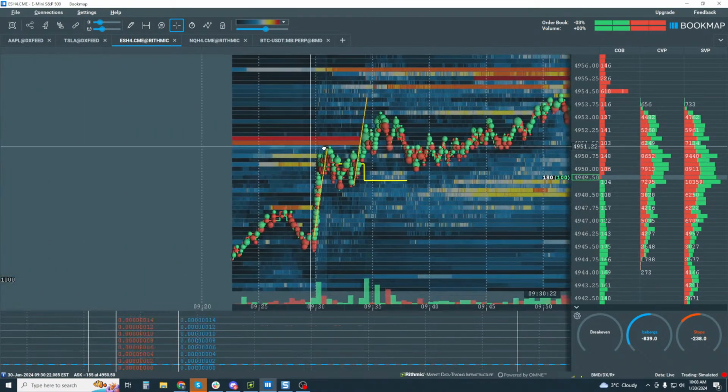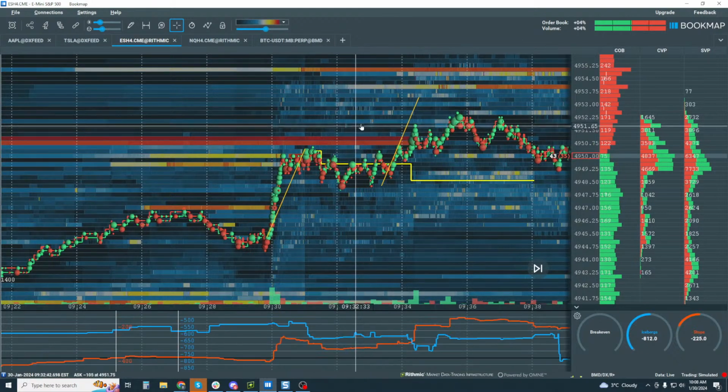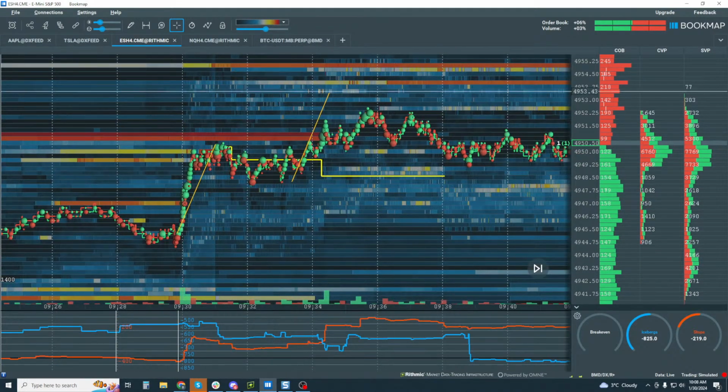The setup is a momentum strategy. Okay, just a very simple, clean and clear momentum strategy. You can find it here